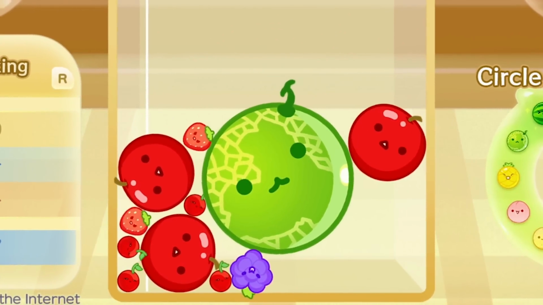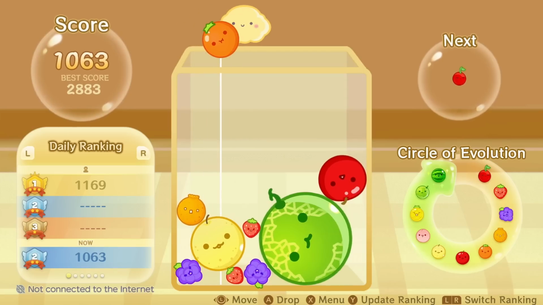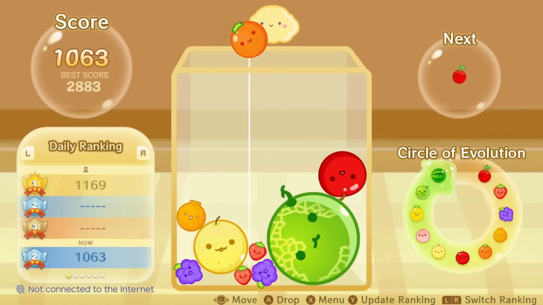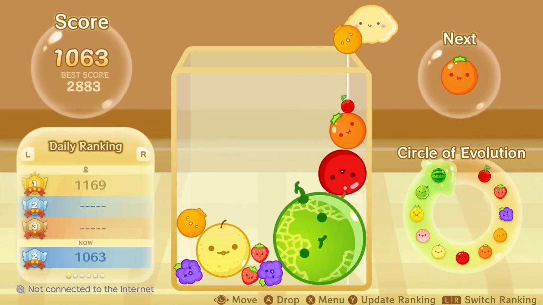Yeah, there we go. That was an unreasonably lucky bounce. But now we have a melon. So actually, I kind of want to let those slide because hopefully those strawberries will touch, and then the grapes will touch if they combine. If and when. I'm gonna leave that there for now, and then this is just an easy, lazy way to